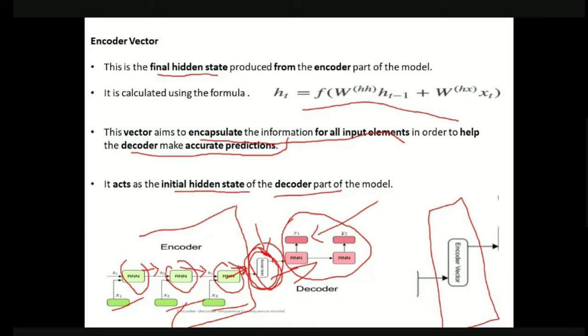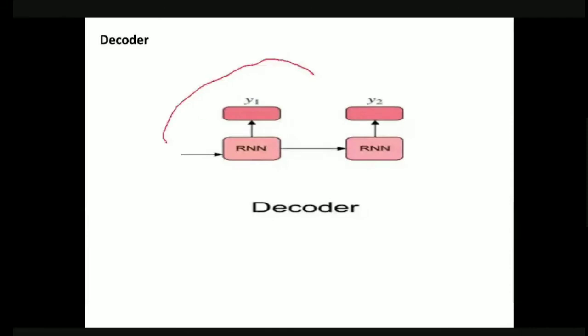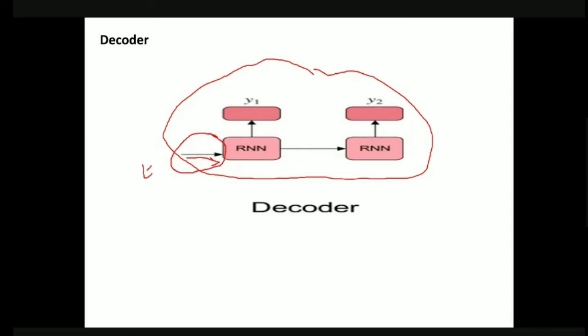See, this is the decoder, right? So this decoder is taking the value from the encoder. This encoder vector acts as the initial hidden state for this decoder part. Okay. Now let us see the decoder. So this is our decoder. If you see, we are getting the first arrow here, right? This first arrow is nothing but the initial hidden state this decoder is getting from the encoder vector. So getting the correct value from the encoder vector is very much needed for this decoder to predict the correct output.